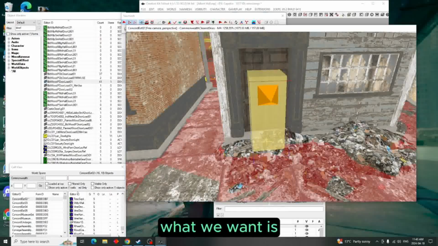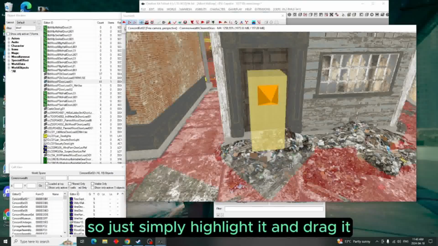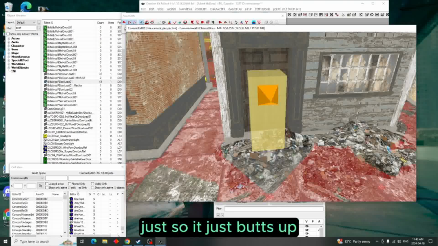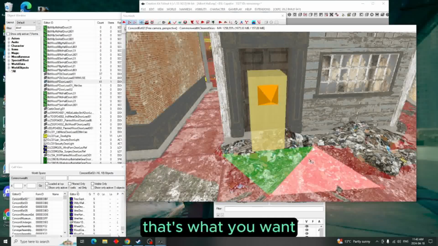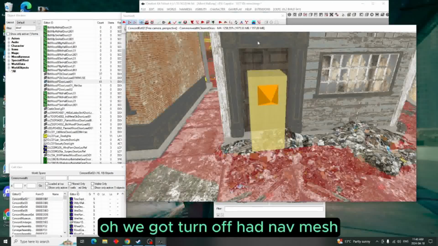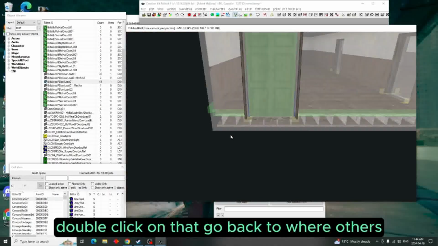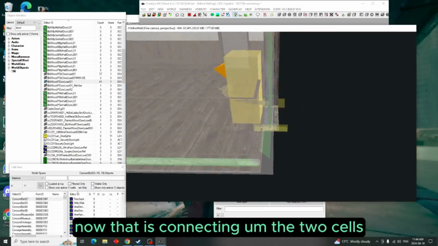What we want is to make sure that there's no nav mesh under. So just simply highlight it and drag it just so it just butts up. Just like that. See how it is? That's what you want. So now we're going to double click on that. Oh, we got to turn off nav mesh. Double click on that. Go back to our Albert cell. Now that is connecting